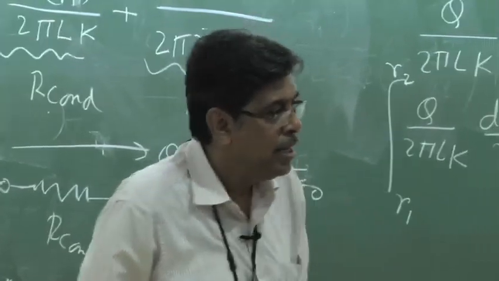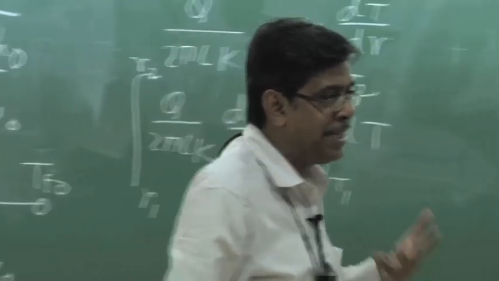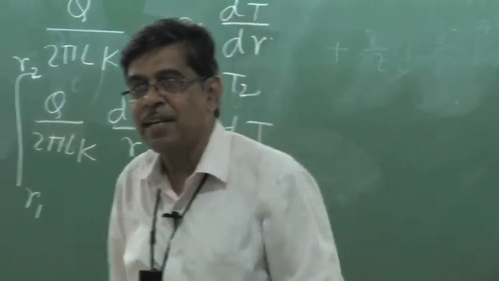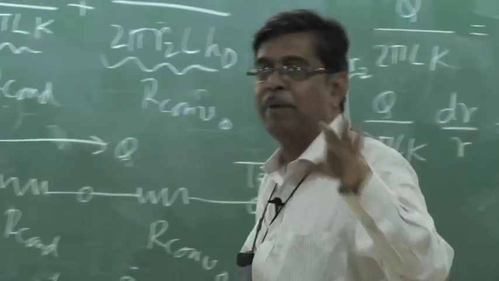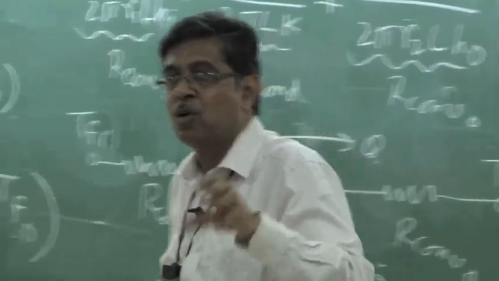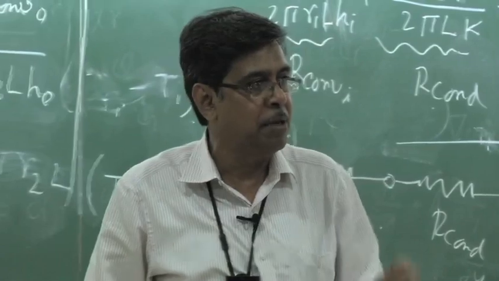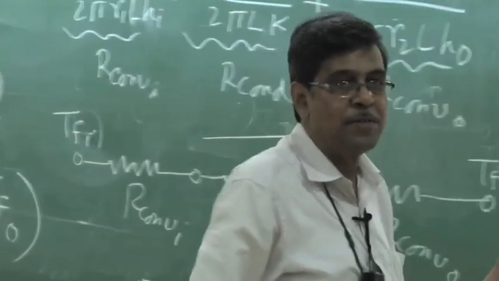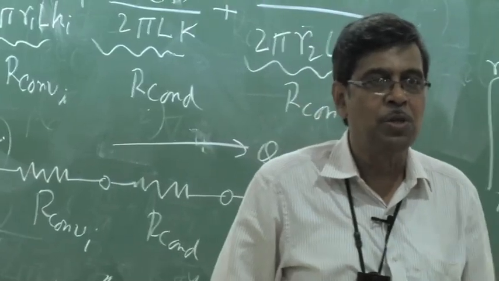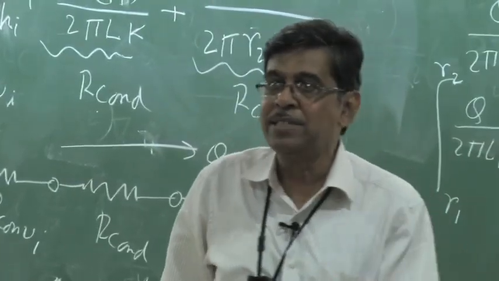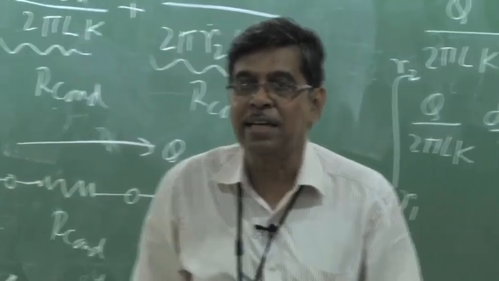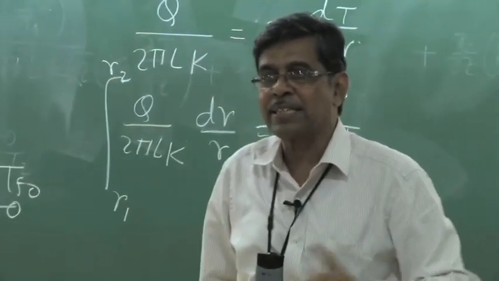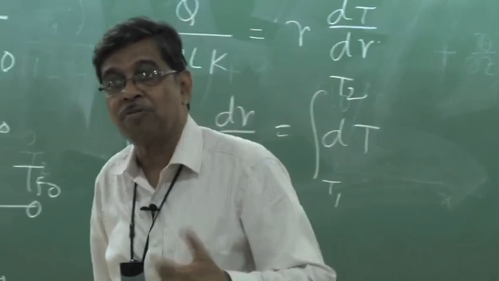So therefore, the two counteracting things result in a very interesting problem, the critical thickness of insulation. That means if you insulate a cylindrical pipe by adding insulating material whose thermal conductivity is relatively much lower than the common conducting material, it does not always mean that we are going to reduce the heat loss. Ironically, you will see that you are increasing the heat loss, because there are two contradicting things. Conduction resistance increases, but the convection resistance